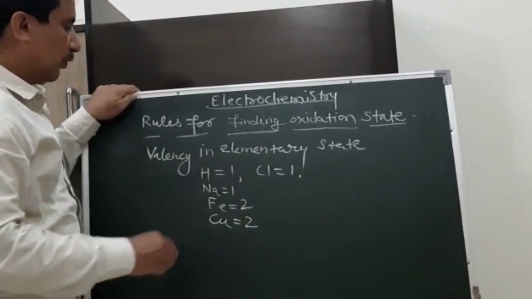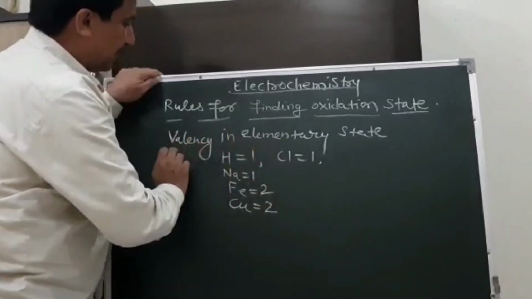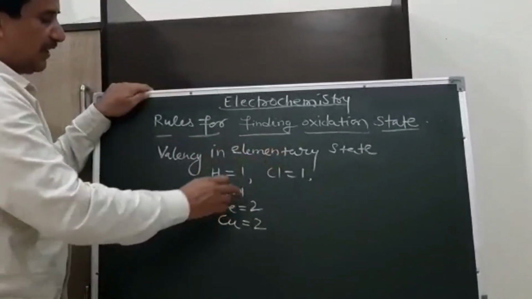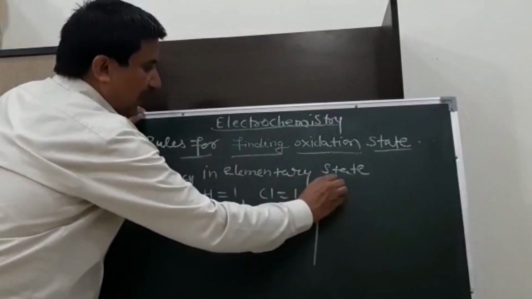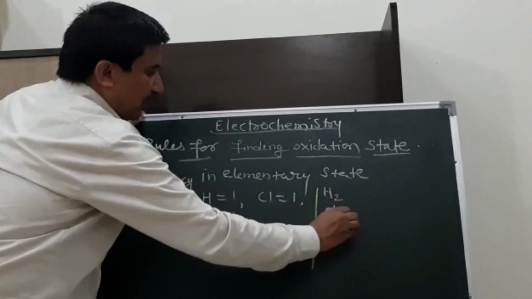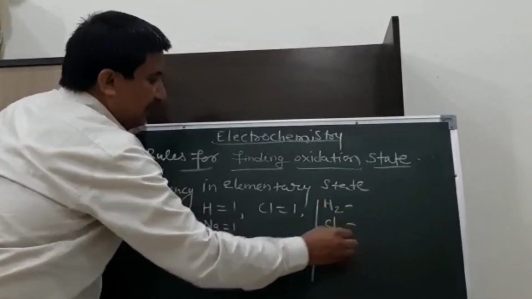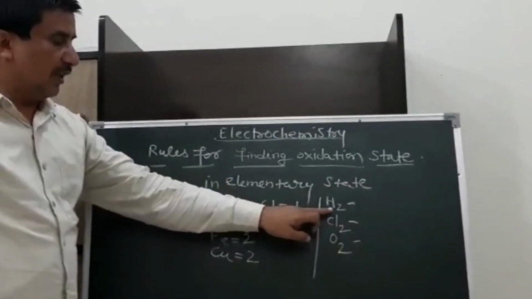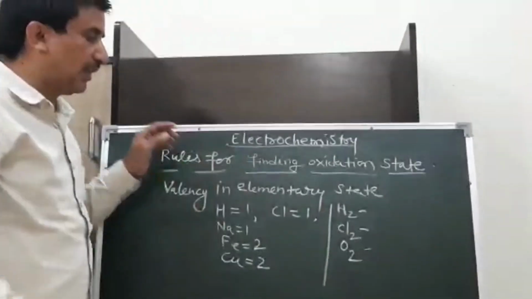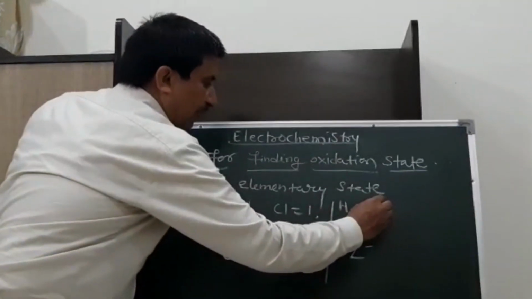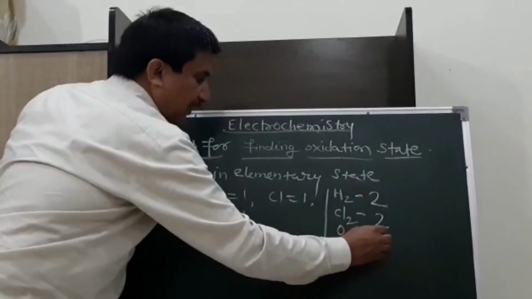Now these valencies in elementary state are the n factors for these. Now n factors for H2, Cl2, F2, O2 we can calculate. Since the valency for hydrogen is 1, for 2 hydrogen atoms the n factor or valency factor will be 2, for chlorine again it is 2, for oxygen it is 2 into 2,